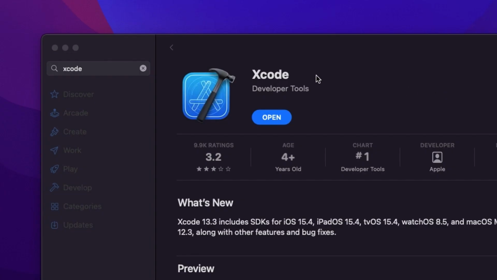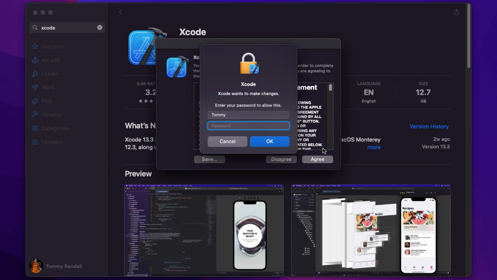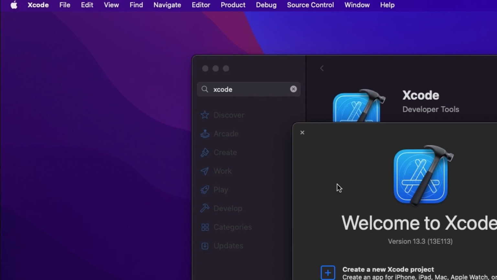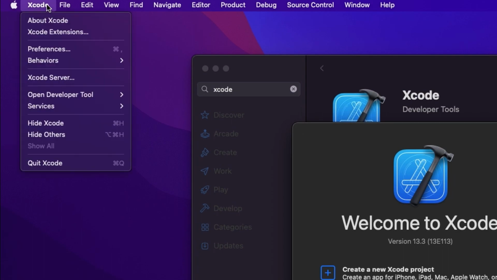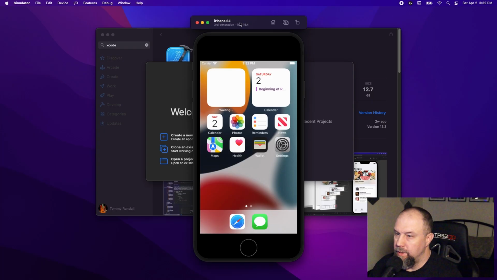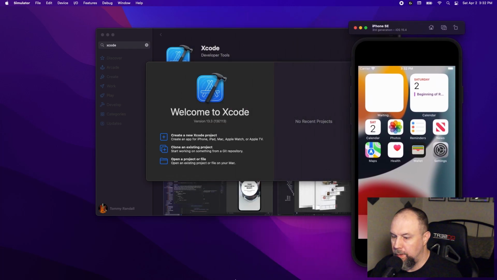Okay, now that Xcode is installed, we're going to go ahead and open it. We will agree to the agreement. I'll type in my password. So now we have Xcode open. We can now go into Xcode up here at the top and go to Open Developer Tool. And we'll do Simulator. Okay, so it opened up iPhone SE,